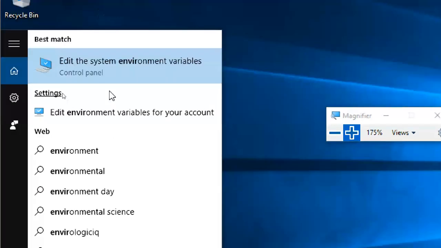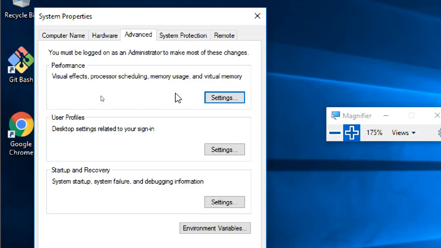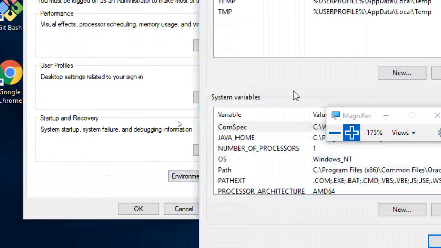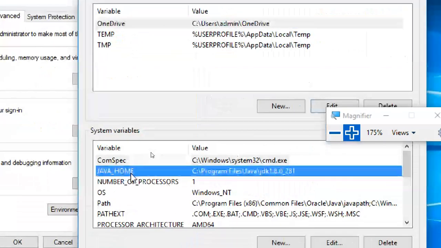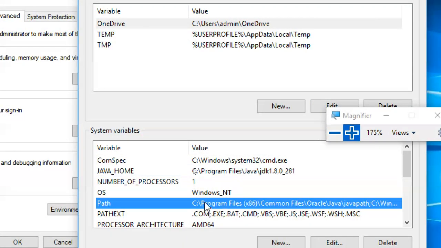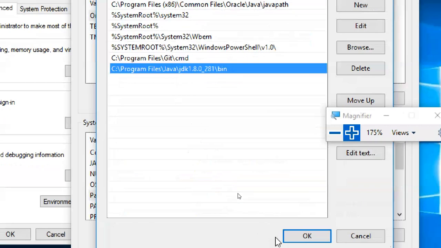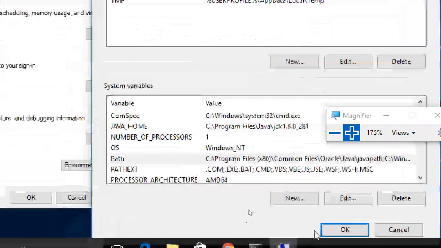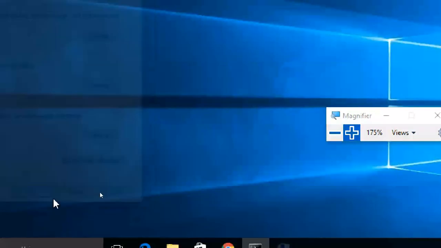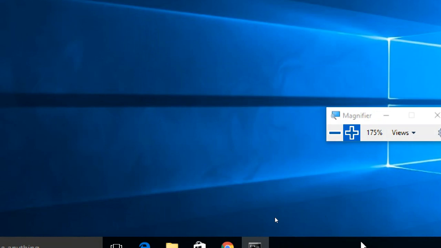Okay. Yeah. So edit the system environmental variables. If you click it, automatically the same thing will open. Check the environmental variables and verify JAVA_HOME is there, and a path. The path is given with bin. Okay, this is how we can use it, how you can put Java inside.